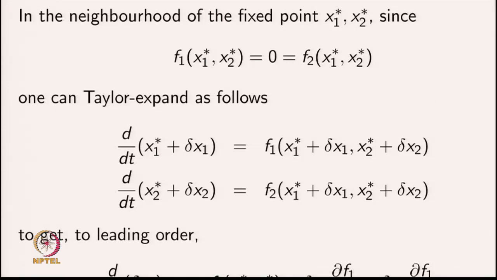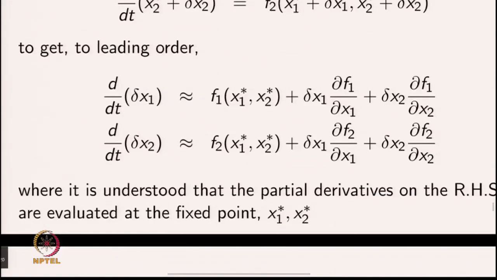So, this is fairly straightforward. I look at small displacements from x1 star, let me call that delta x1, and a small displacement from x2 star, call that delta x2, and to leading order now,